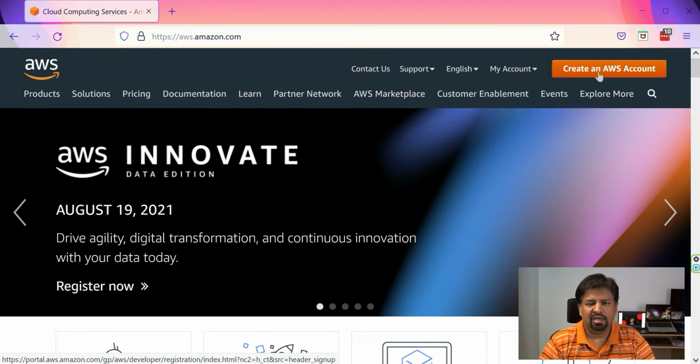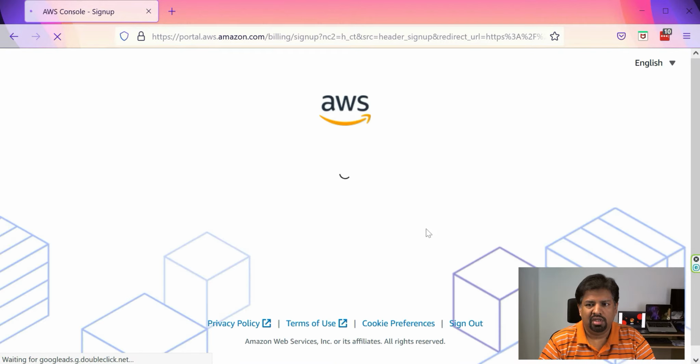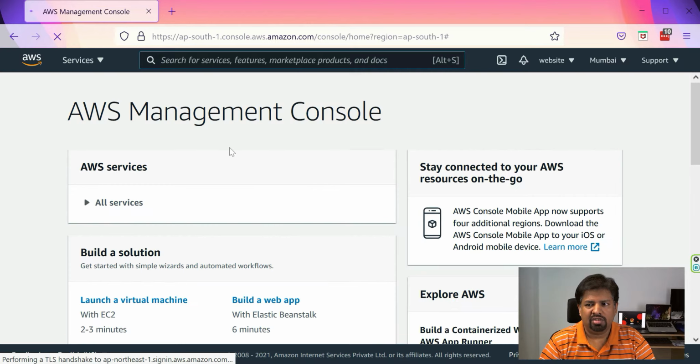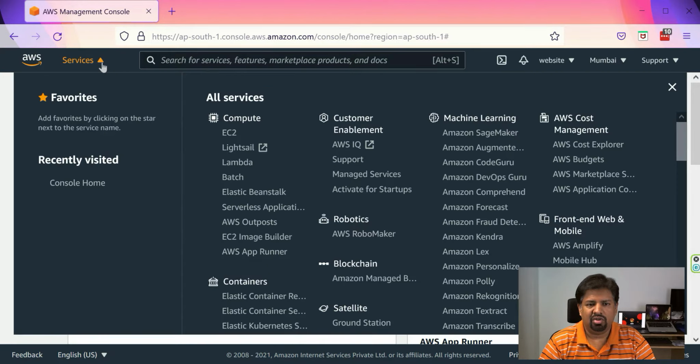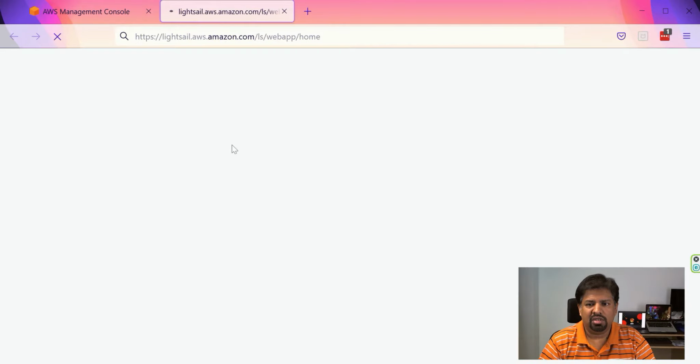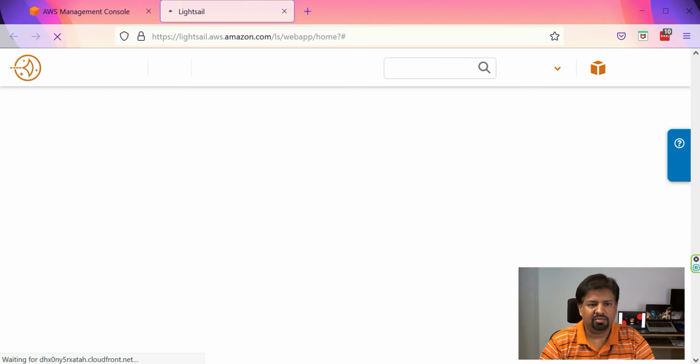We are going to create an AWS account. In this video, I'll skip this step as most of you know how to do it. If you already have one like me, just log into your AWS console. Click Services on top left corner. It'll open up a menu. Under Compute section, click Lightsail. It'll open up a fresh page.